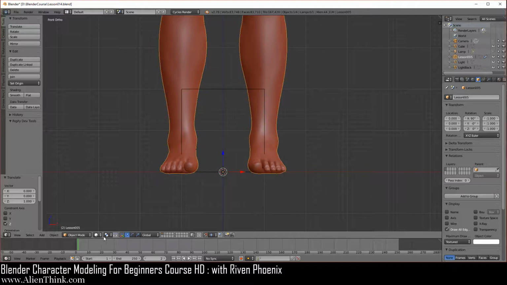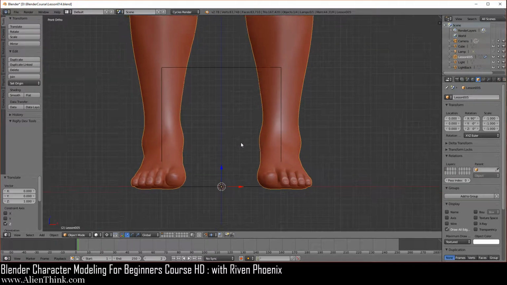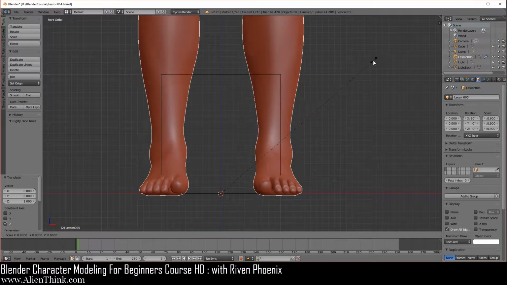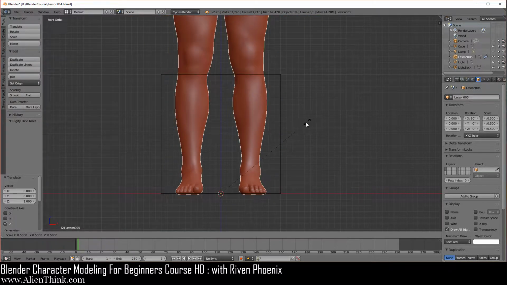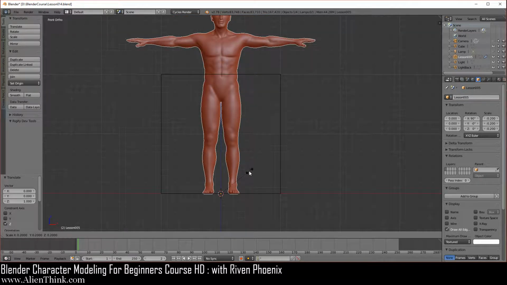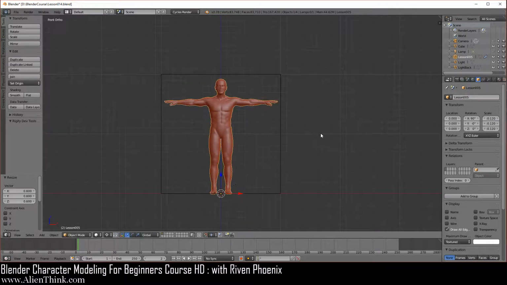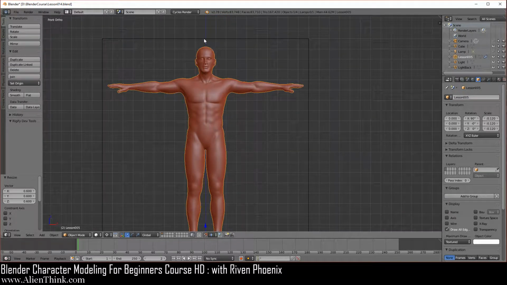Now we're going to switch over here to the 3D cursor. So now when we scale it, it will scale on the 3D cursor. So first we're going to bring the head all the way down over here. So move your mouse over here first, and you're going to press the S key to scale, and you're just going to simply bring it down all the way over here like this, and then left click and then press the S key again and bring it down just like this. Okay, so it'll be below this.